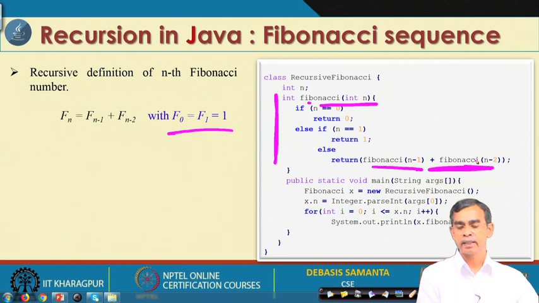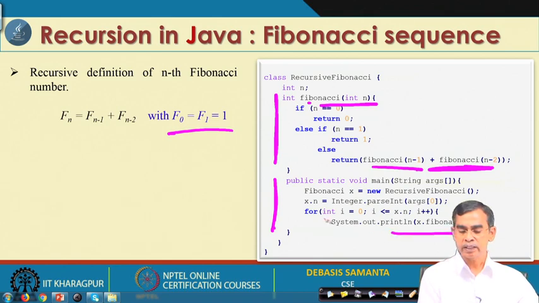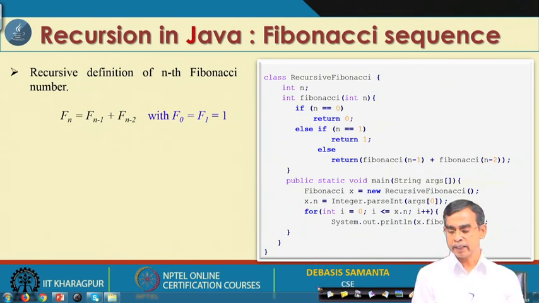This way the recursion will be carried out, and this is a simple main program which reads a value from the keyboard, calculates its Fibonacci, and prints it. So, this prints the entire series of the Fibonacci sequence. This is one program that you should practice in your own time, so that you can understand both the recursion programs that we have discussed, for the factorial as well as Fibonacci.